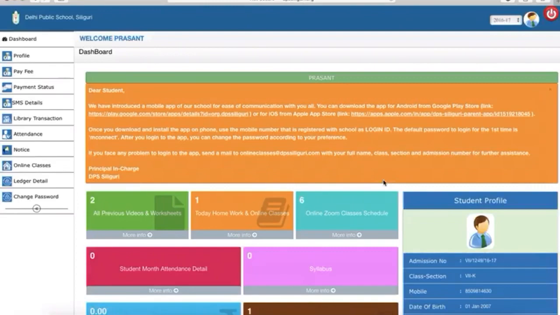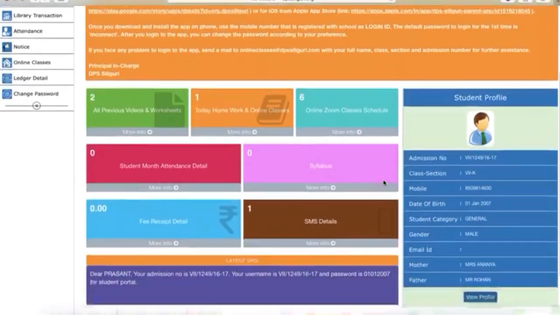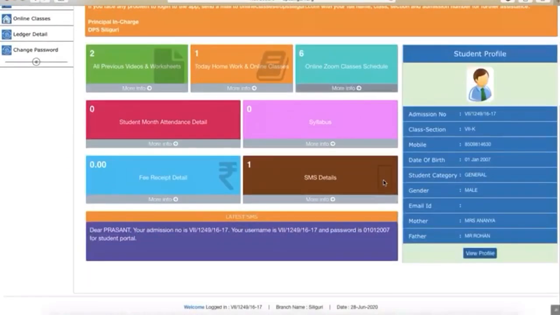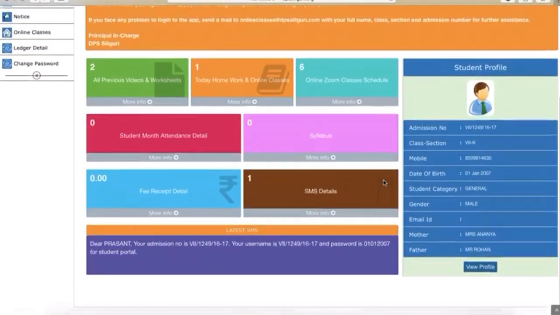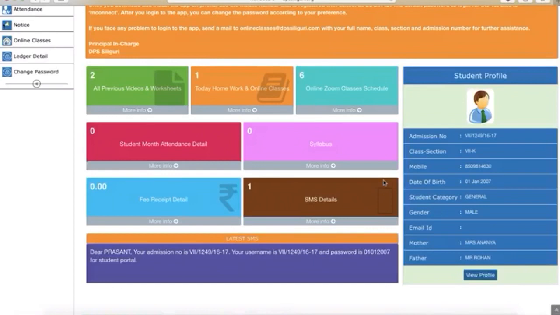Once you log in, you have this dashboard page which you all are aware of, where your name and your details are mentioned, and you have been using this dashboard page till now to access your daily homeworks, your assignments, and your previous videos which we have been posting since the beginning of this academic session.